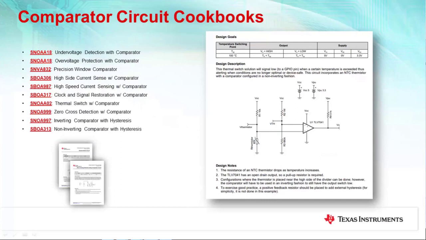So we decided, okay, let's just put up a design guide out here, show people how to design. And an example of some of the tips we would give is, okay, we know temperature is not a fast moving signal. Temperatures change very slowly over time. So when I'm optimizing a comparator for temperature sensing, why not optimize for lowest power? When I'm burning the least power, I have a slower response, but that's totally okay for temperature sensing. So we're highlighting that new nano power comparator here, the TLV7041. You could just as easily have chosen a standard comparator and burned more power. That's really a design choice up to you.